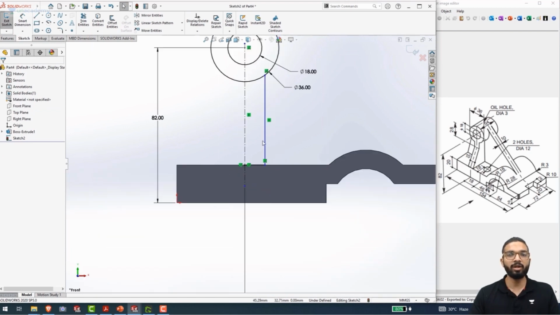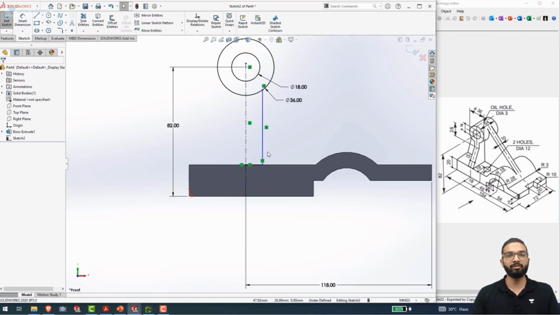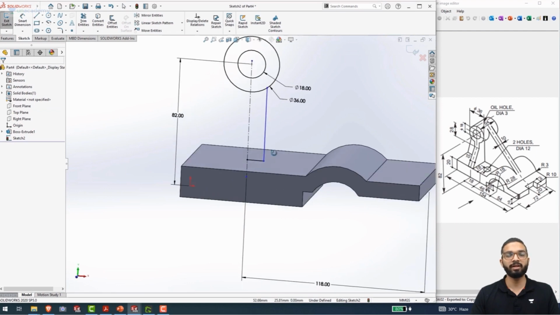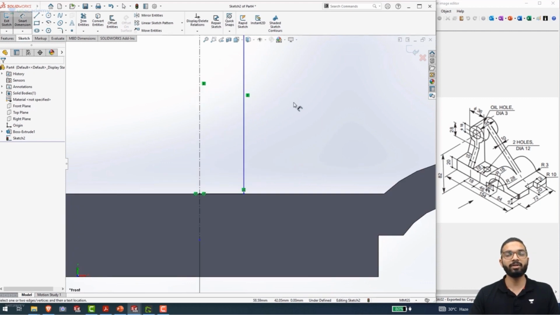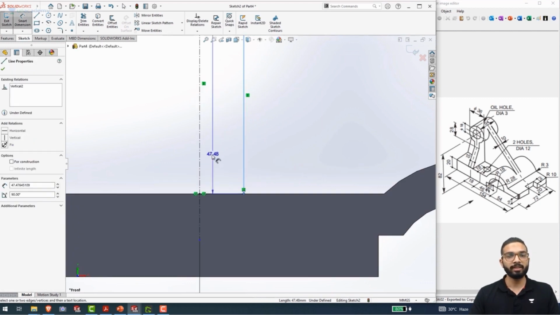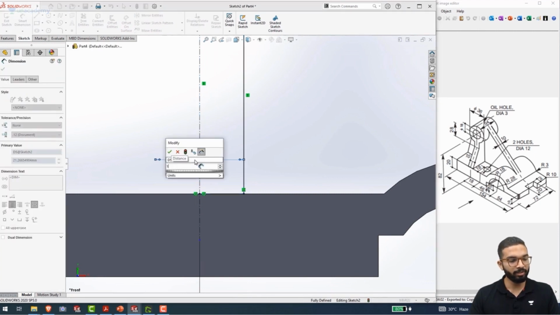Now my line is coincident. All I have to do here is to give it a dimension. That is in this direction. I will press Ctrl 8 and then again set it normal. Get into the Smart Dimensions command. Select these two lines and slightly drag my cursor onto the other end and give it a width of 10